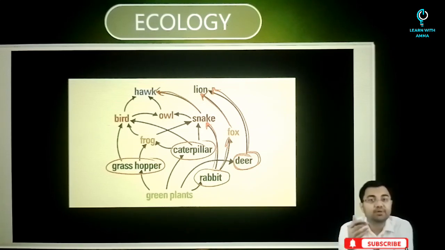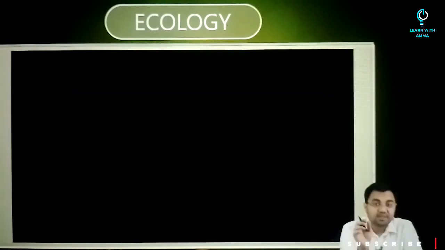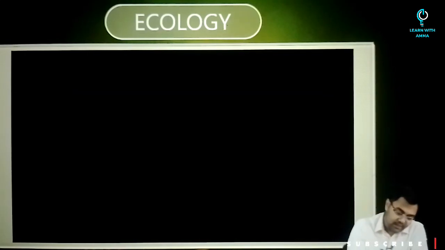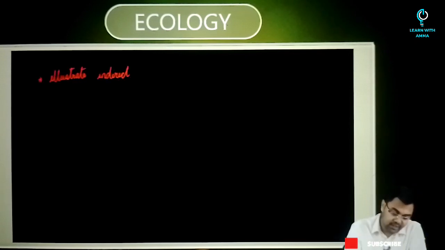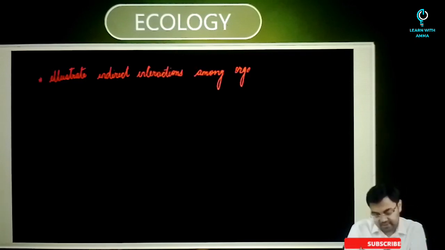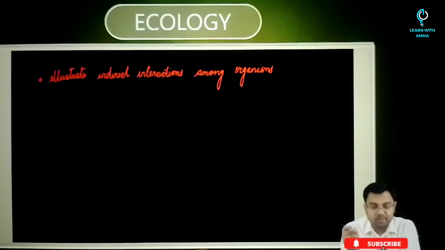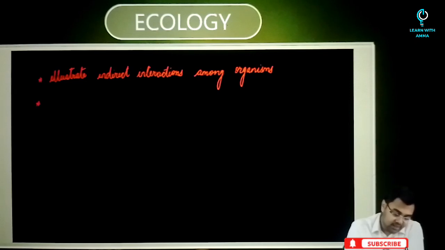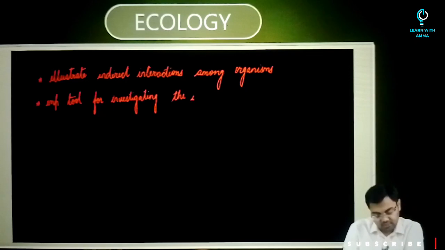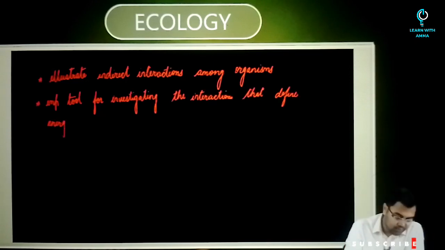So food webs can be used to illustrate the indirect interaction among species. This is a very, very important point. You can note it down, that food webs are used to illustrate indirect interactions among organisms. What is another important point? Something that we just discussed two minutes back, that they can be used as an important tool for investigating the interactions that define energy flow and